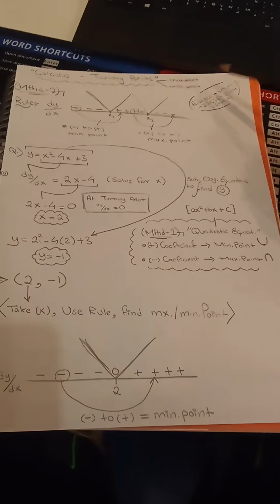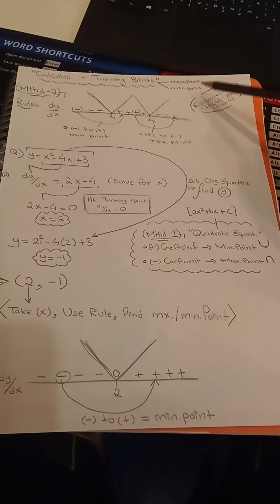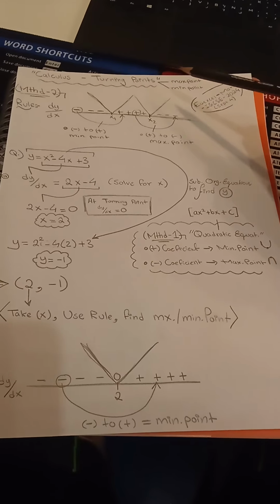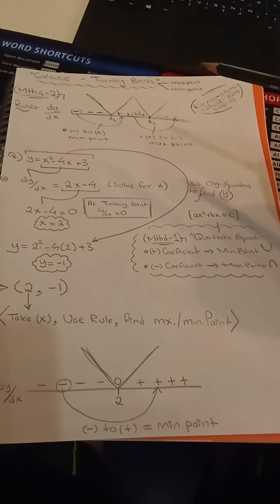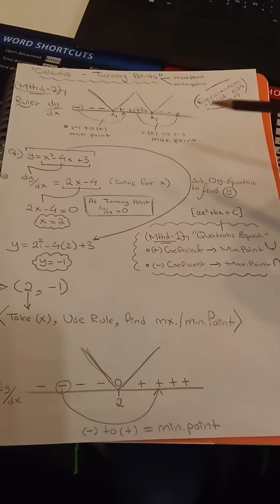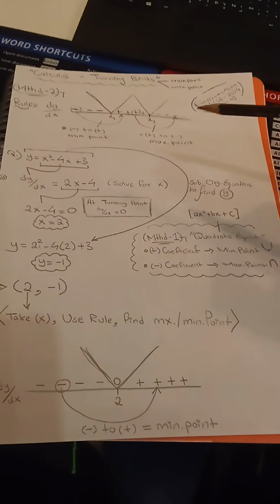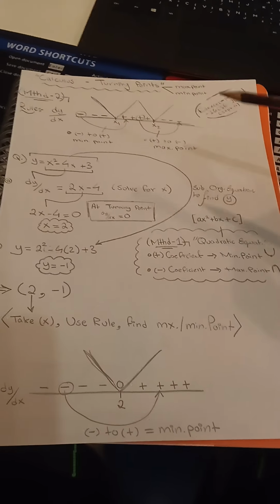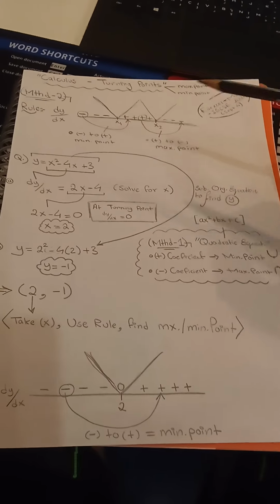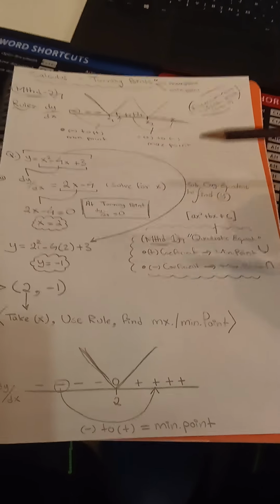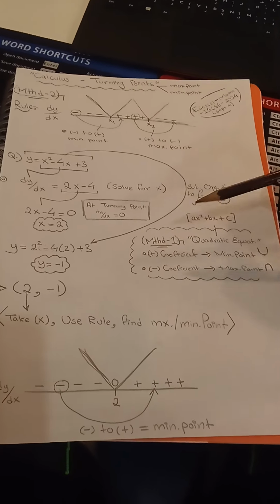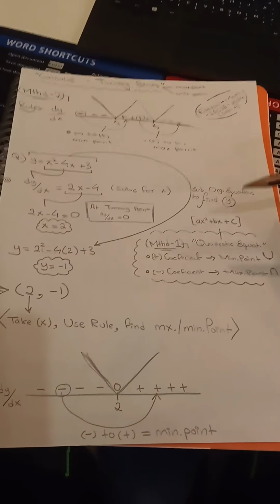I was recently asked how to determine the maximum or minimum points, which are the turning points of a quadratic equation. Now, there are two methods you can use depending on the type of question they ask you. If they ask you to find the maximum or minimum point of the quadratic equation or determine it without showing your steps, you can use method 1, which we learned in chapter 16,